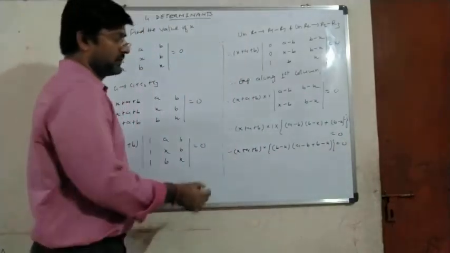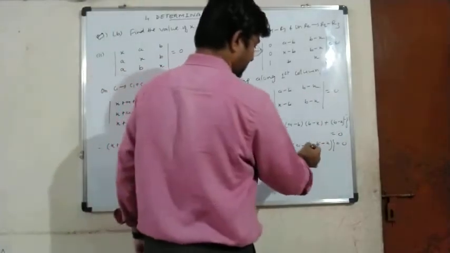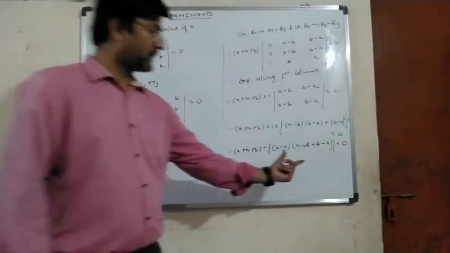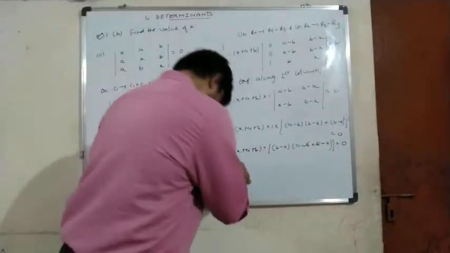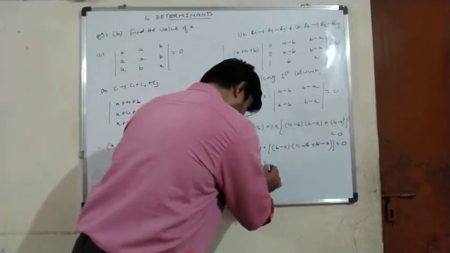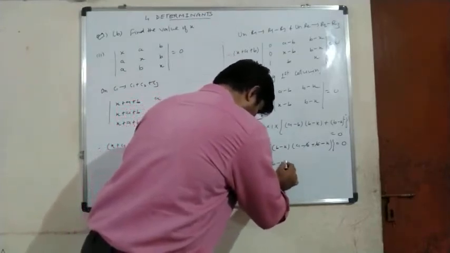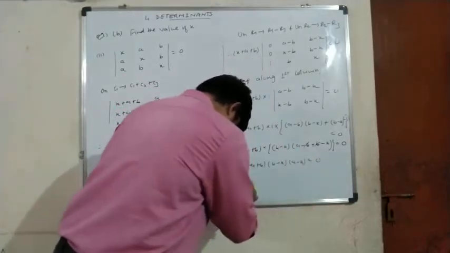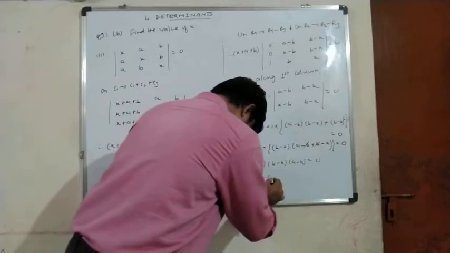Okay, now in this bracket plus b and minus b will get cancelled, so this bracket will be a minus x only, and therefore x plus a plus b into b minus x into a minus x equal to 0,